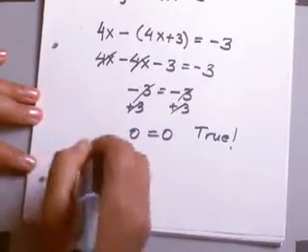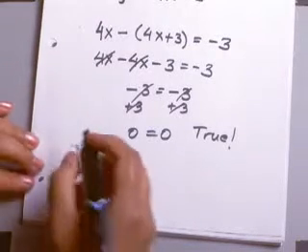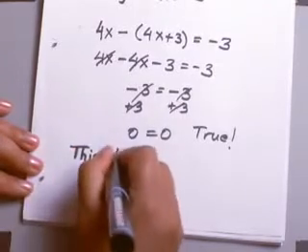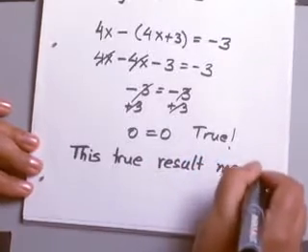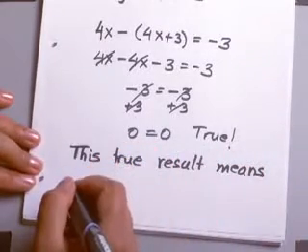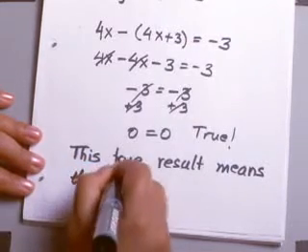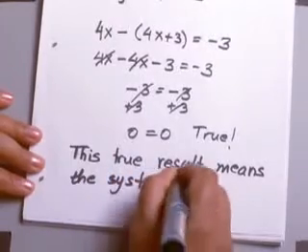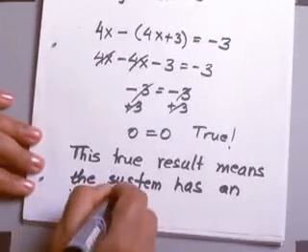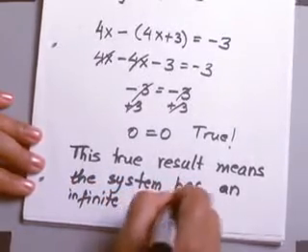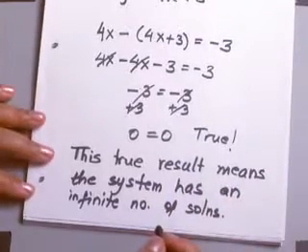this true result means the system has an infinite number of solutions, and your solution set for this example